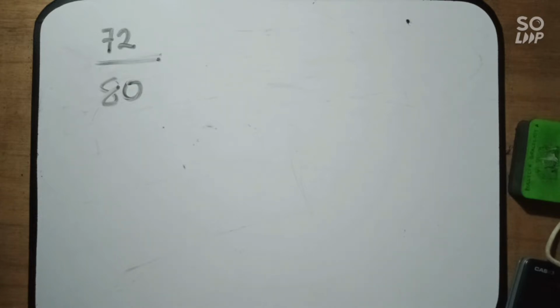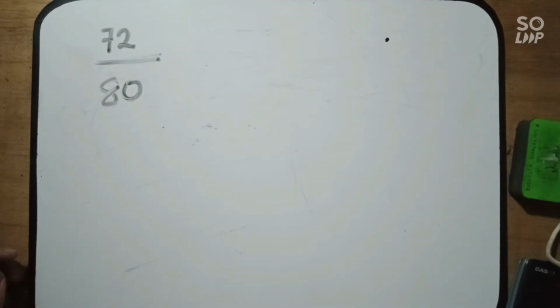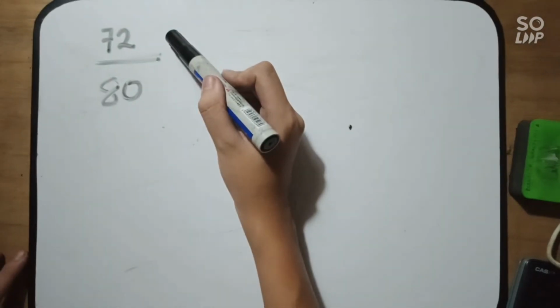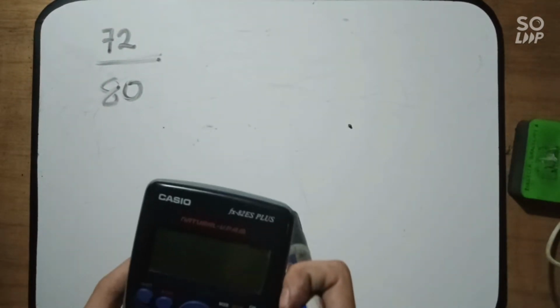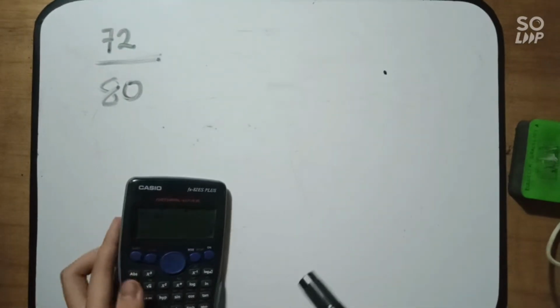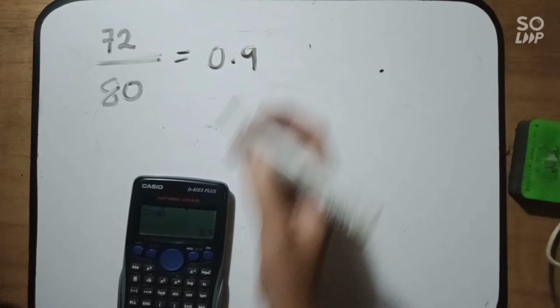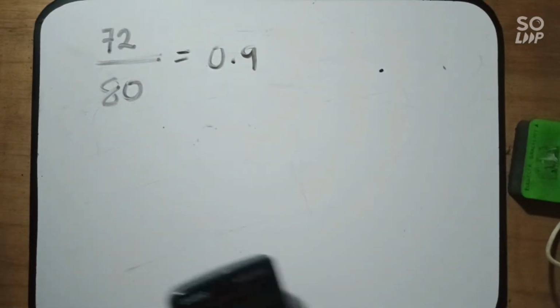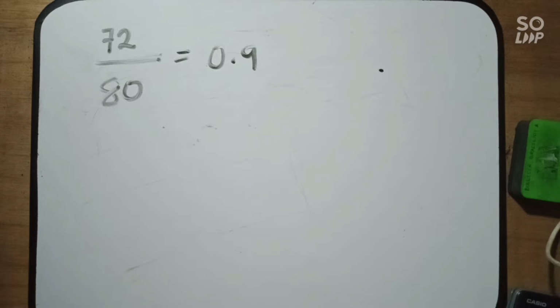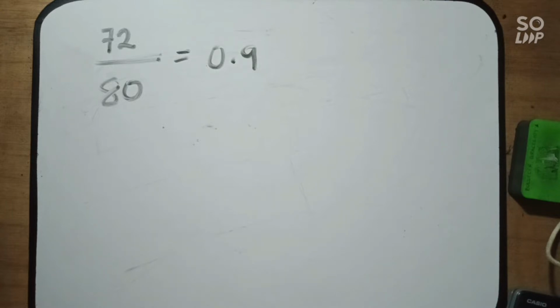So what we are going to do here is to convert this fraction into percent. For converting a fraction to percent, we first convert the fraction to its decimal equivalent by dividing the numerator by the denominator. So using the calculator, let's divide 72 by 80. So the decimal equivalent for 72 over 80 is equal to 0.9. Since we already have the decimal equivalent, what we're going to do to get the percentage of Erica's score is simply